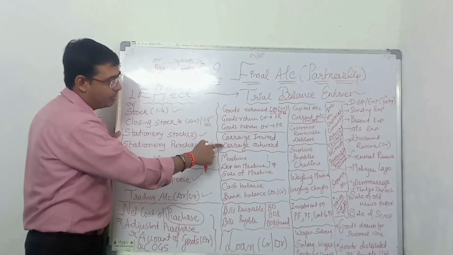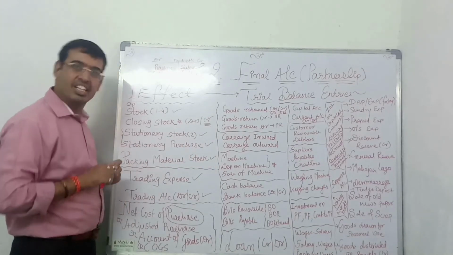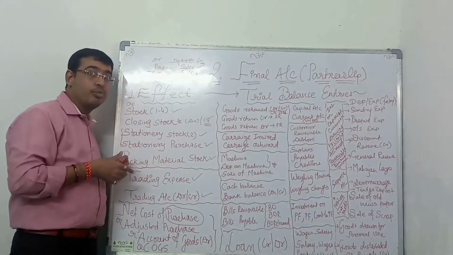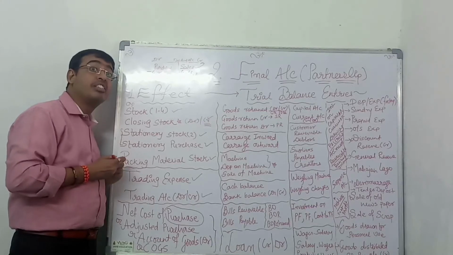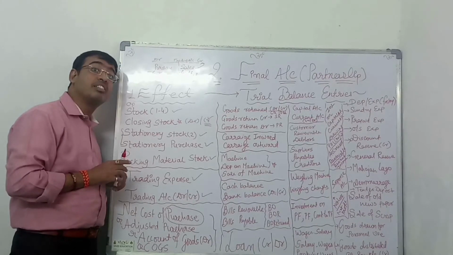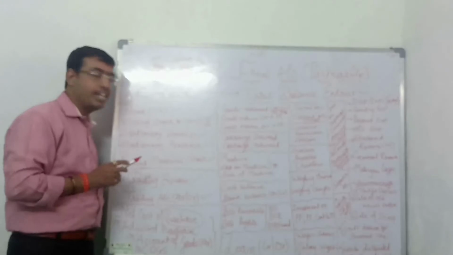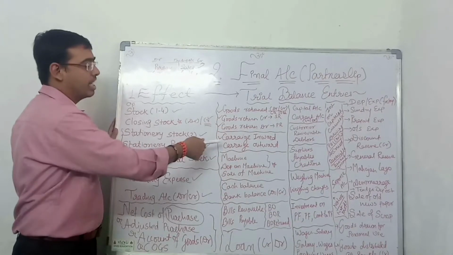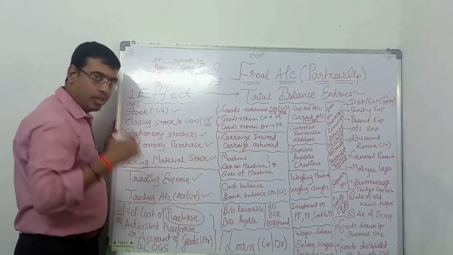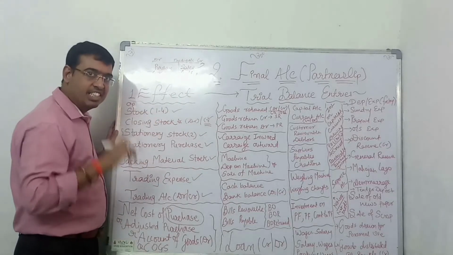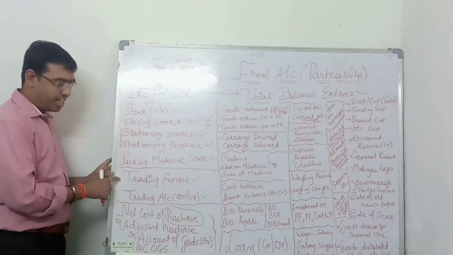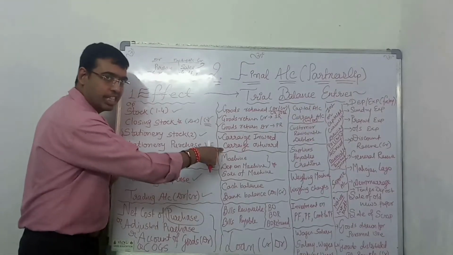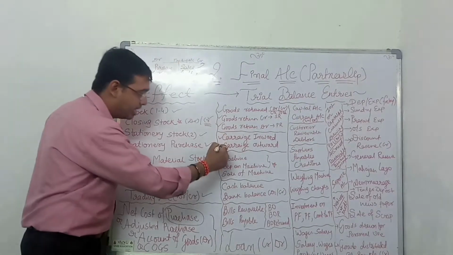Now, carriage inward and carriage outward. Carriage means transportation charges. When you take inward, meaning when you purchase, it is a purchase related expense, and all the purchase related expense is recorded in the trading account. So we have understood this: trading account debit side. Carriage outward is for sales, and sales related expense, as we have seen in trading expense, we will write in P&L debit side.